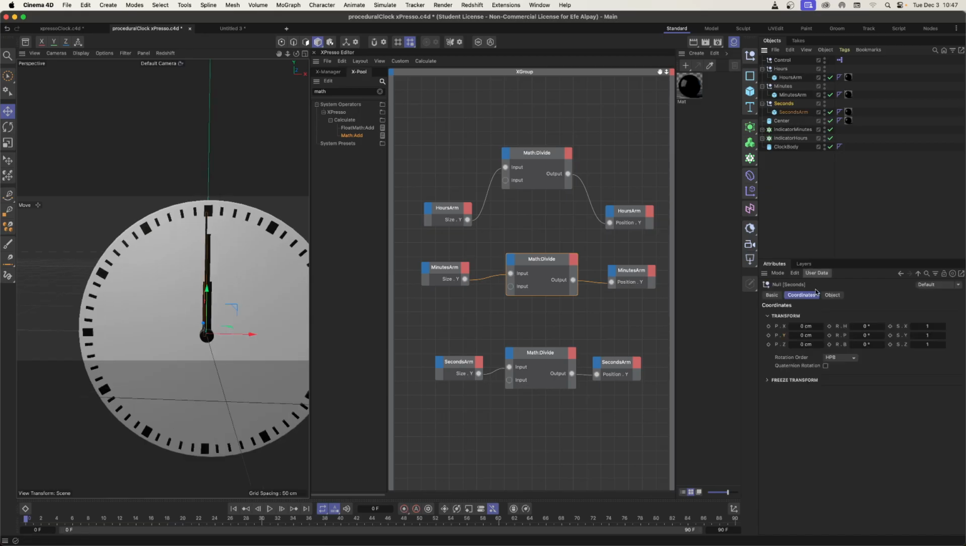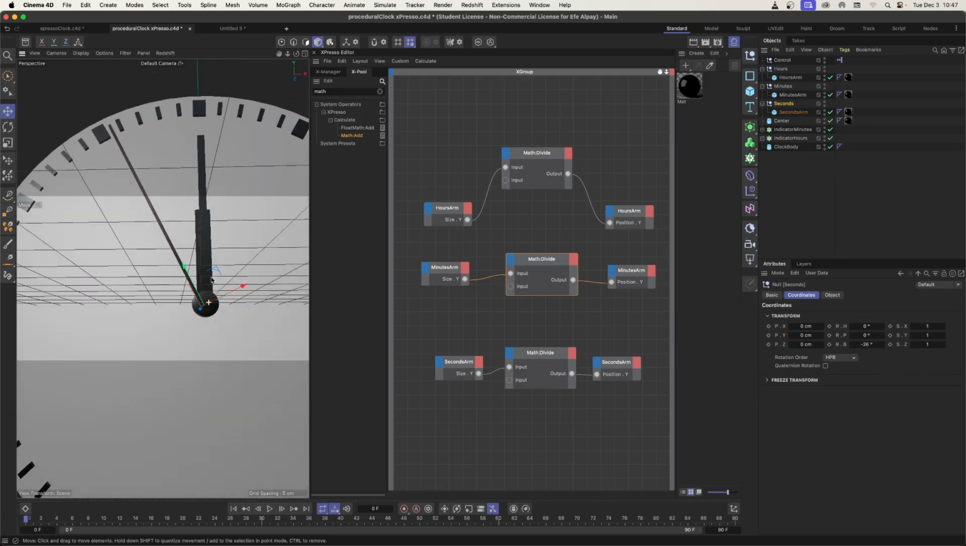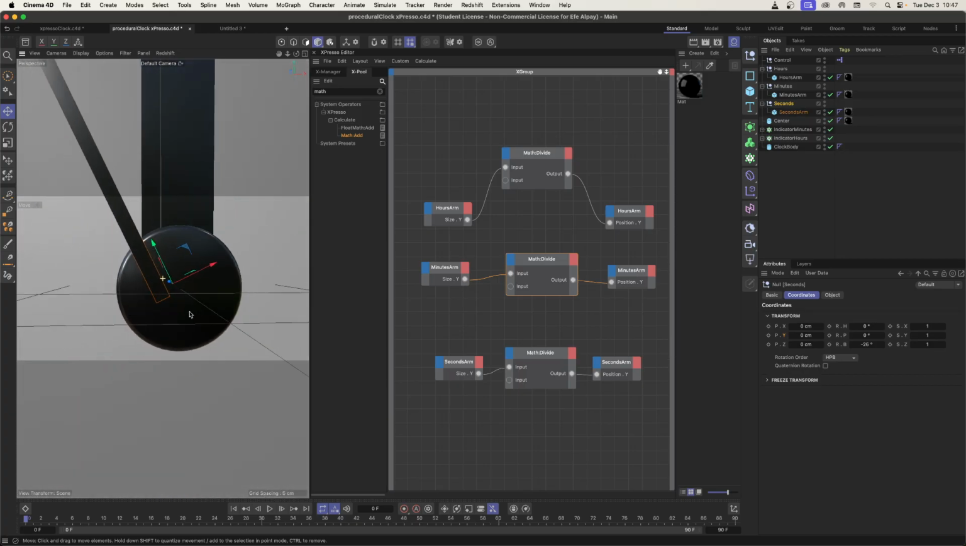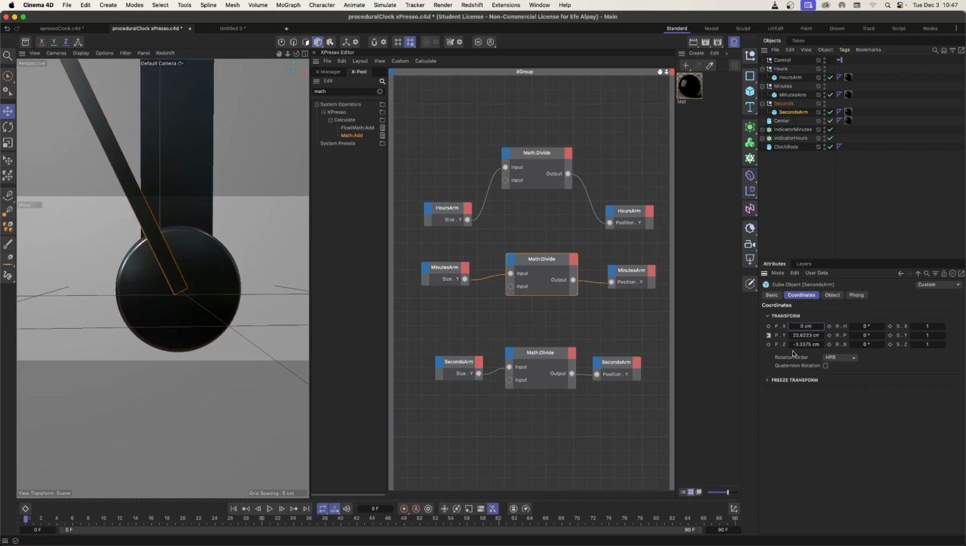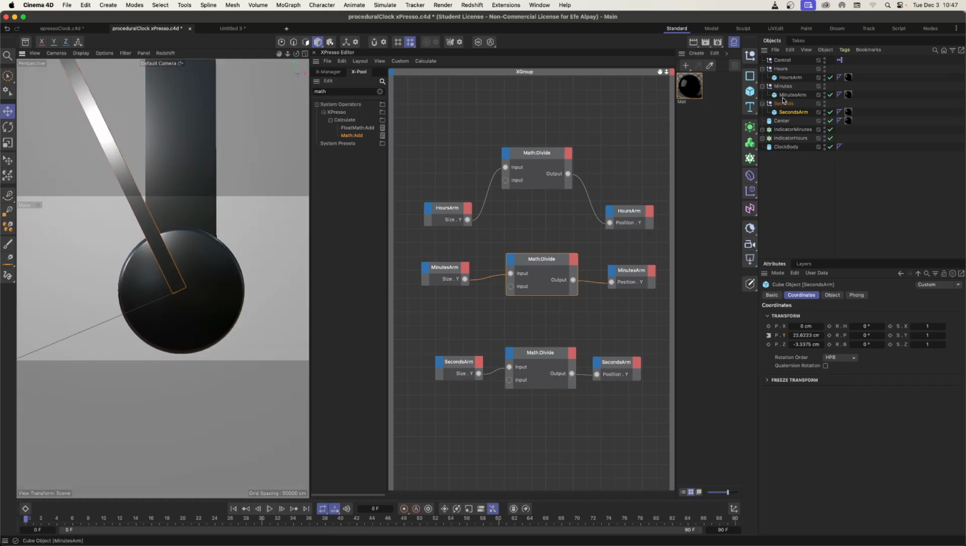So for the second arm, okay, there's something problematic. I probably messed up with the alignment. So I go to the second arm. Okay, it should be something like this. Now,